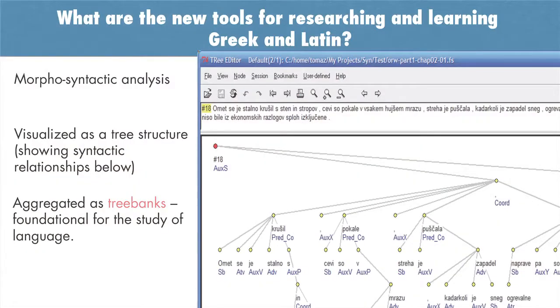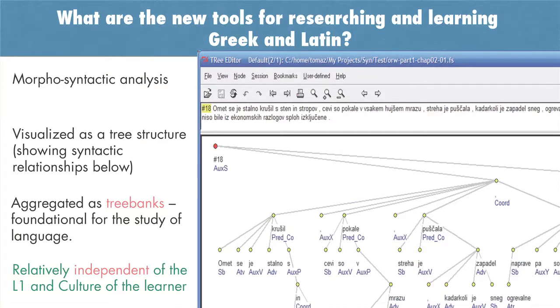And you aggregate these things into tree banks, and tree banks are as close to a genome database as there is for language. And they are foundational to the study of certainly of ancient languages. And these are relatively independent of the L1 of the speaker. And we know